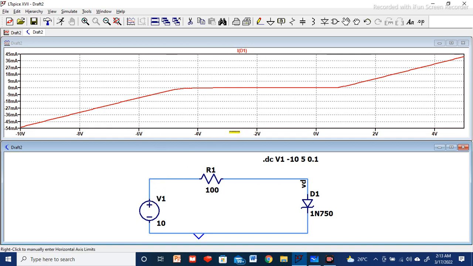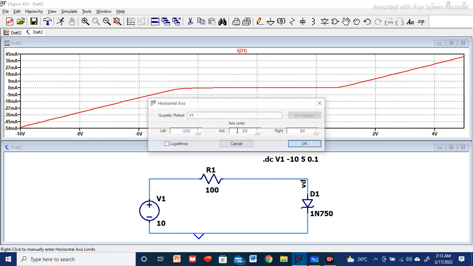We go near the horizontal axis. When the yellow colored ruler is available, right click, delete the V1, and inside the braces type VD, the small vd I have given, and press OK.